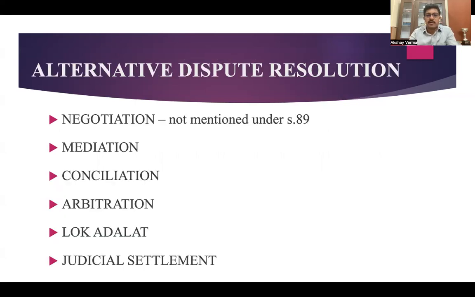Now, as we have already discussed, the different forms of alternative dispute resolution. So there is negotiation, mediation. In negotiation, we have seen that there are only two parties involved, the parties to the dispute. In mediation, apart from the two parties to the dispute, there is a third neutral party who assists the parties to reach an amicable solution. Conciliation is basically a more structured mediation, where the settlement in the conciliation process is binding and it is deemed to be an arbitral award under the Arbitration and Conciliation Act 1996. Fourthly is arbitration. So now we have reached arbitration.